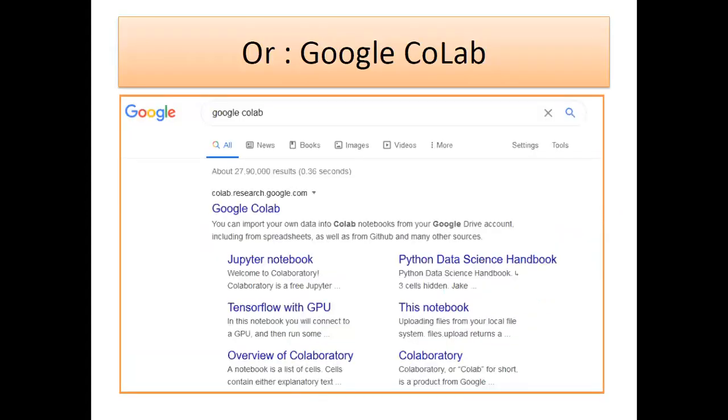Or at a higher level, once you become really good and gain confidence in your system, I will be suggesting Google Colab. It's a free lab where we'll be getting the total environment of AI and machine learning and different kinds of other packages. You can see here Jupyter Notebook, TensorFlow with the GPU, not only CPU, it helps you with the free GPU, Python data science, and different kinds of environments will be helping you, and it will help you to connect